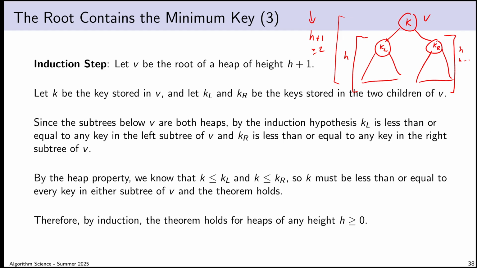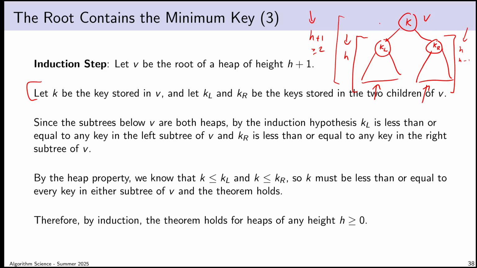Okay, so what else can I say? Well, what I have are the keys of the two children of the root, KL and KR, and so I'm up to this point in the proof. Now, the subtrees below the root are both heaps. As I observed earlier, if you take a heap and look at one of its subtrees, that must be a heap. And by the induction hypothesis, since both heaps have height at most h, I can apply the hypothesis to them,